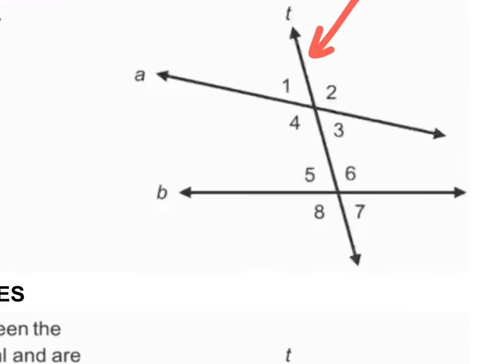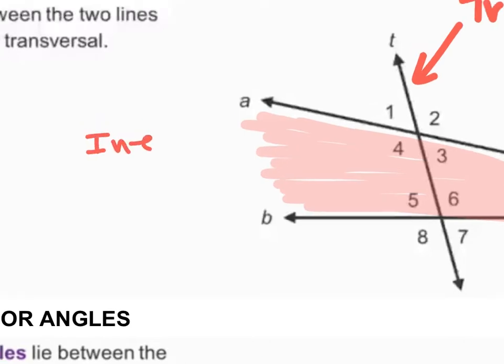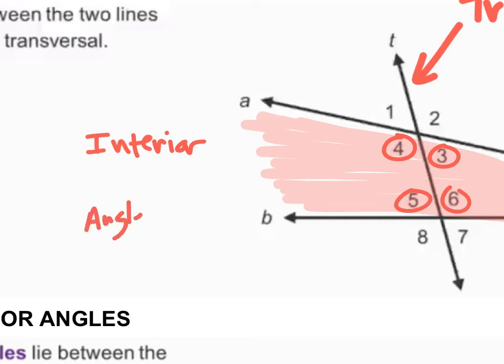So what I'm going to do is I'm going to come in here and shade this area between my two lines, okay? And I'm going to call this the interior, okay? So this is my interior. Okay, and if we're talking about interior angles, the angles that are formed on the interior portion in between my two lines are going to be angle 3, angle 4, angle 5, and